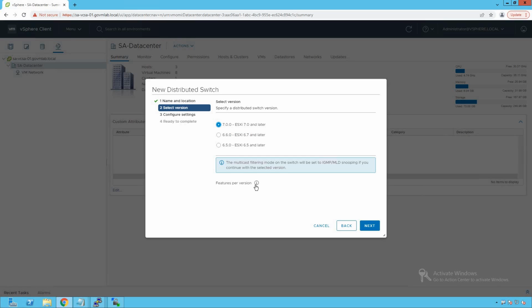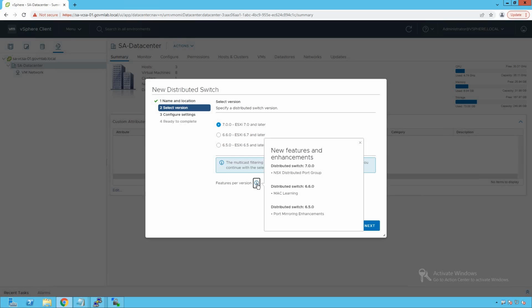Now, what is the difference between these three versions? Click on this information icon and it will give you the feature and enhancement details. As you can see, distributed switch 7.0 has support for NSX distributed port group. If you are aware of the NSX product, NSX now has support for VDS configurations as well. But to have NSX support for VDS, you need VDS version 7.0. You can't have NSX capabilities on VDS version